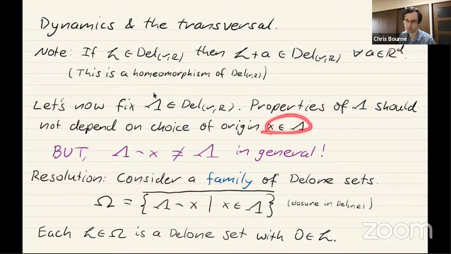So if I have a point, it really shouldn't matter where I've chosen my origin. If I take my lambda and choose a point x in lambda to be the origin, so I do this shift here, which will move x to the origin,